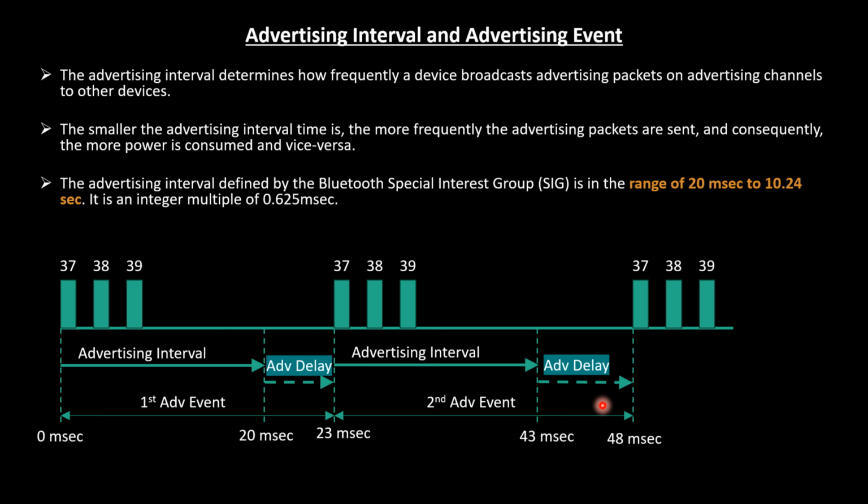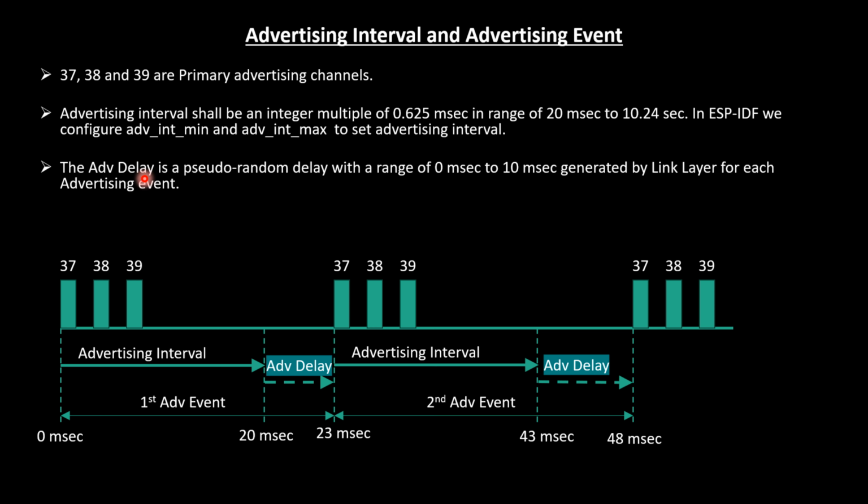Why is this such a random behavior? Let us understand in the subsequent slides. The advertising delay is a pseudo-random delay with a range of 0 milliseconds to 10 milliseconds, generated by the link layer